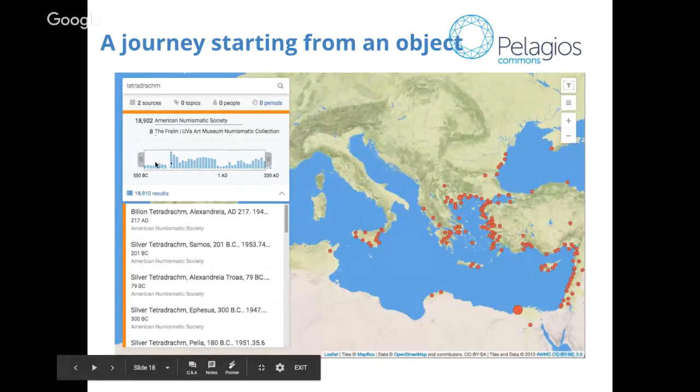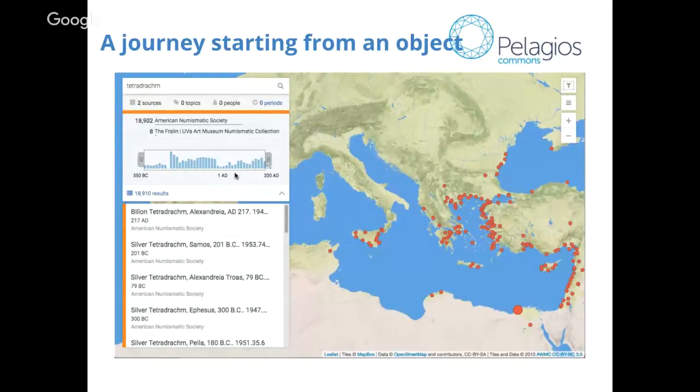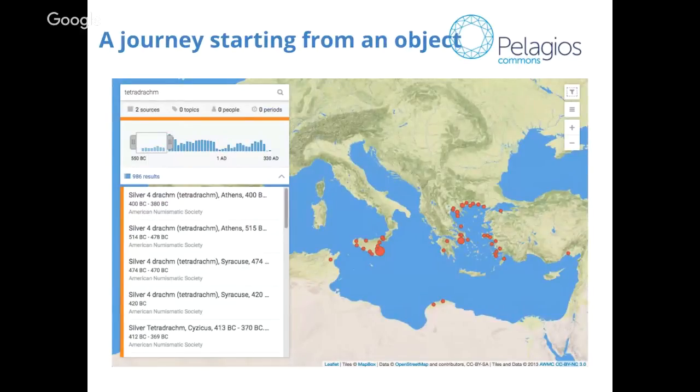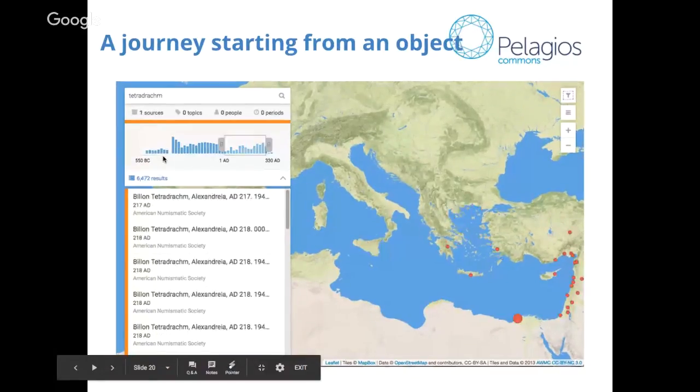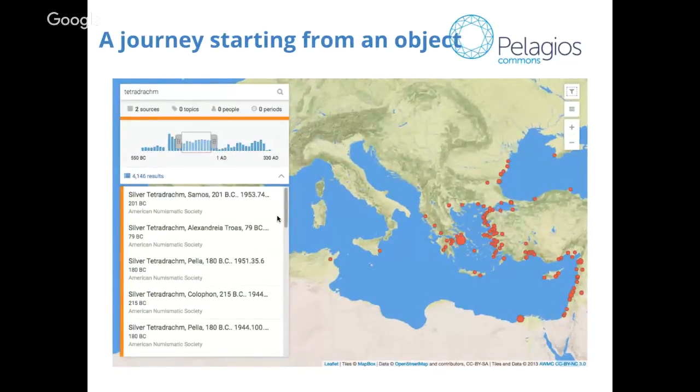And let's talk a little bit more about the time slider that can help us select a specific period of interest. And in this case, it can highlight quite strikingly the differences in the distribution from an earlier period, for example, to a later period, and also see how the prominence of places changes through time.